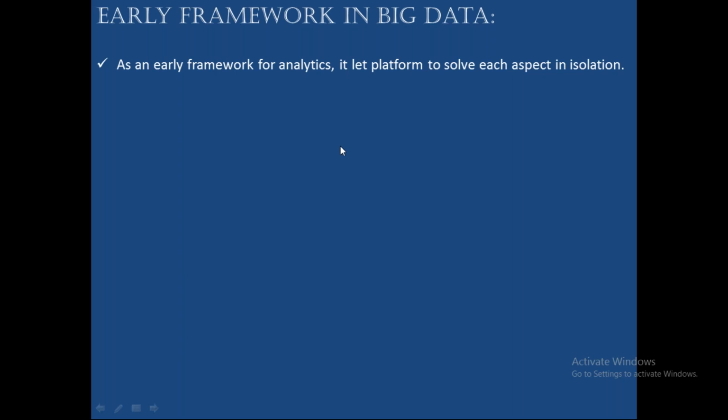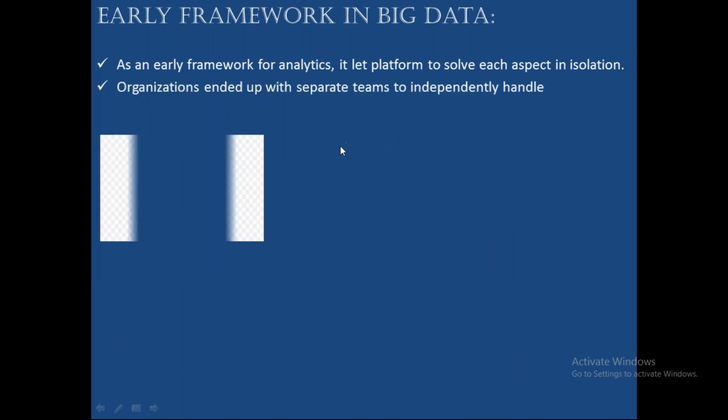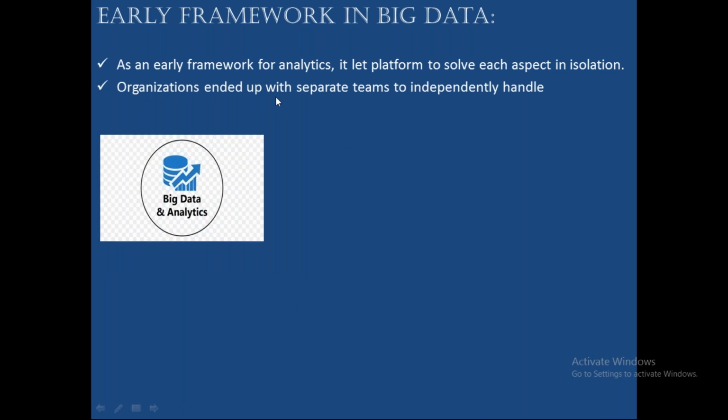Three aspects you need to be clear. First aspect is the data engineer who will prepare the data set. Data scientist is going to identify the future about your business. Data analyst is going to identify the current business. Okay, three aspects. What happens is, before Azure Databricks, as an early framework, all these aspects, organizations ended up